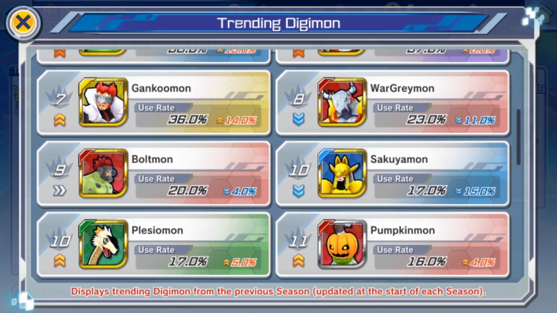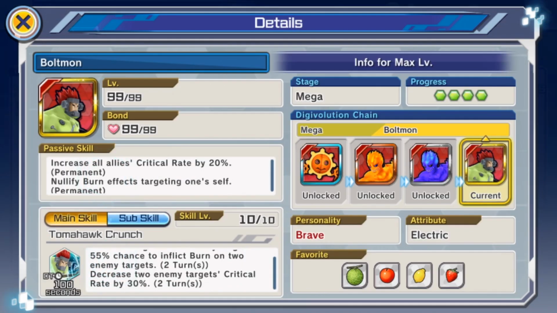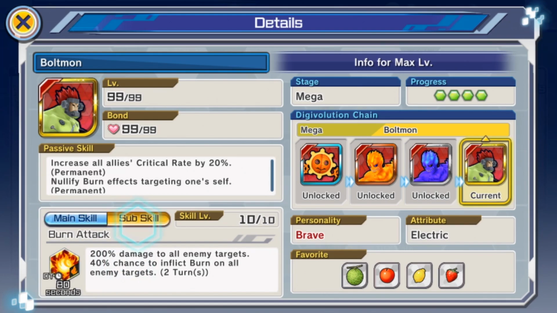So moving on, Puppetmon didn't get a change here. It's still over here. It got a slight decrease. I mean, Puppetmon is what it is. It's a burn, AOE, sort of. I mean, semi AOE, not really huge AOE. In comparison to a lot of the other huge AOE damage dealers, you're just here to deal some burn damage and